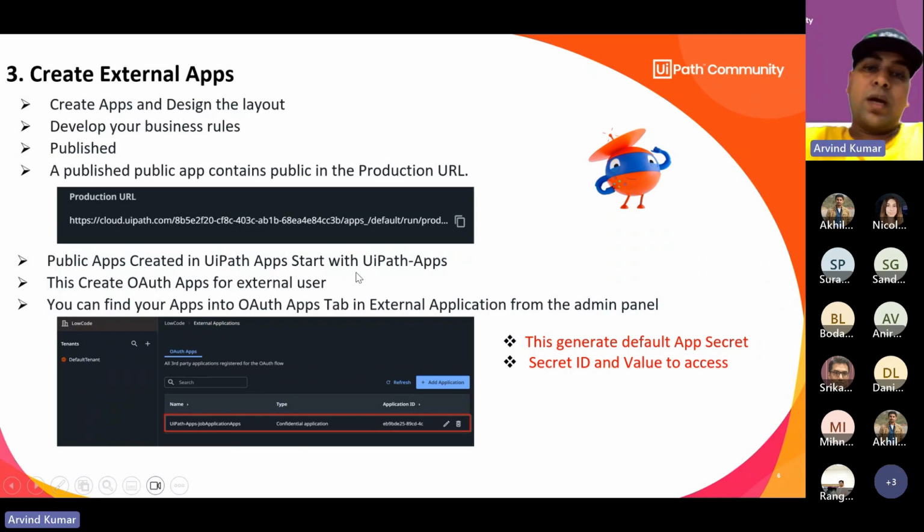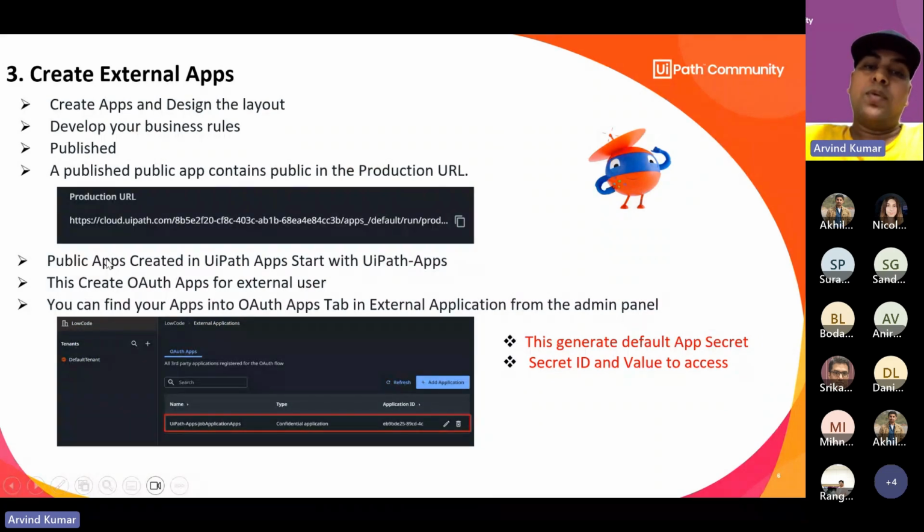So the moment you create a public app, right, it talks with the UiPath OAuth, right? So for that particular external application, it creates a default secret ID and key, because how will it access? Because right now, if you just log in to the application, then the tenant, the system knows that you are XYZ and you are accessing the application. But if you are a public app, how will the system know who is creating the application and who is doing what? So based on that, the moment you create a public app, it creates